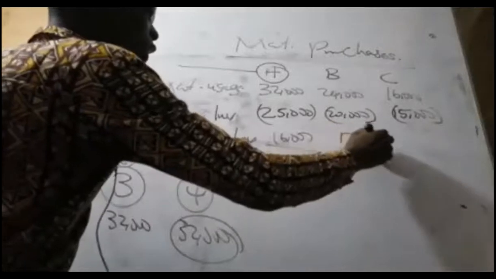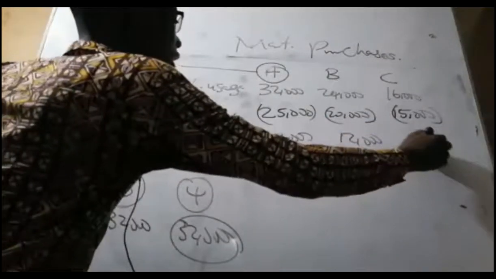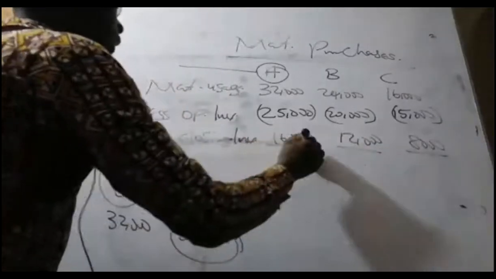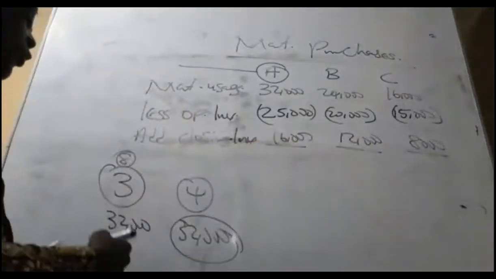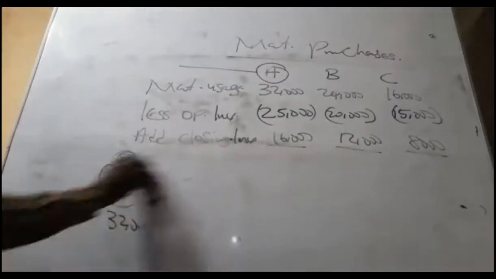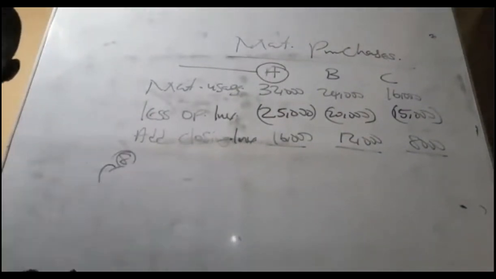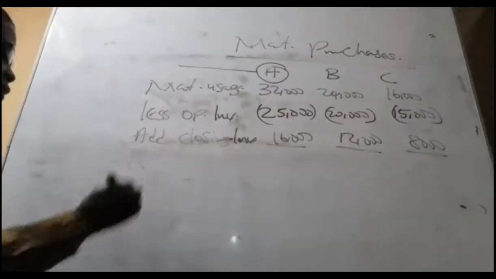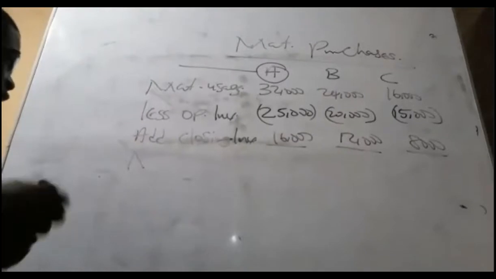Half of 24 will give us 12, right? Half of 16 will give us 8,000. And then we add them. So basically, that is how we find the material purchases. So that is all about material purchases. So material purchases will be in terms of